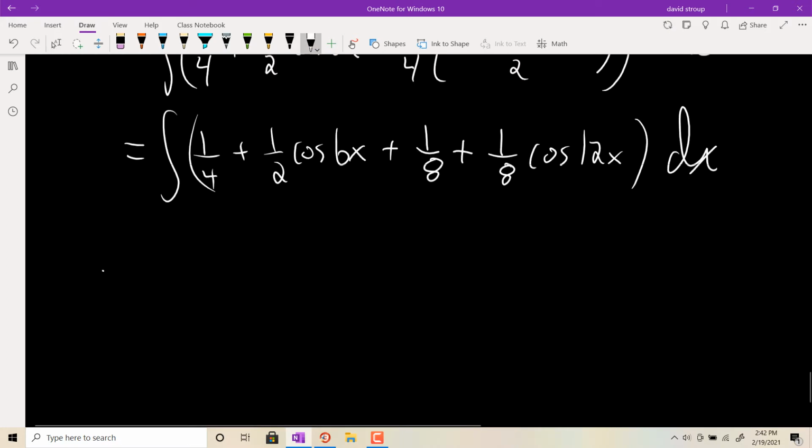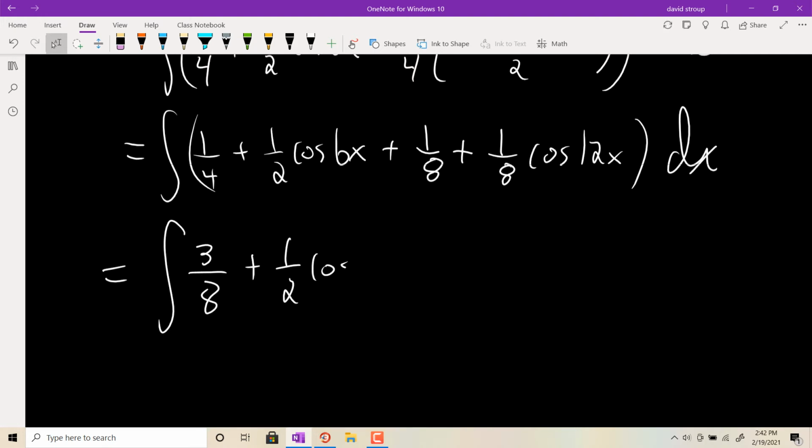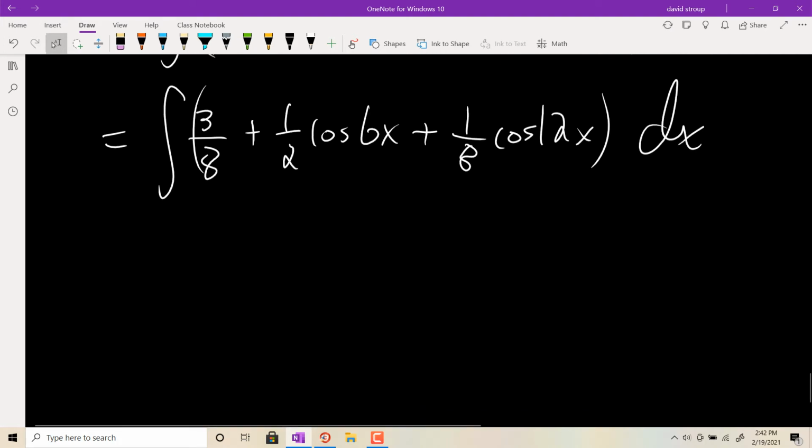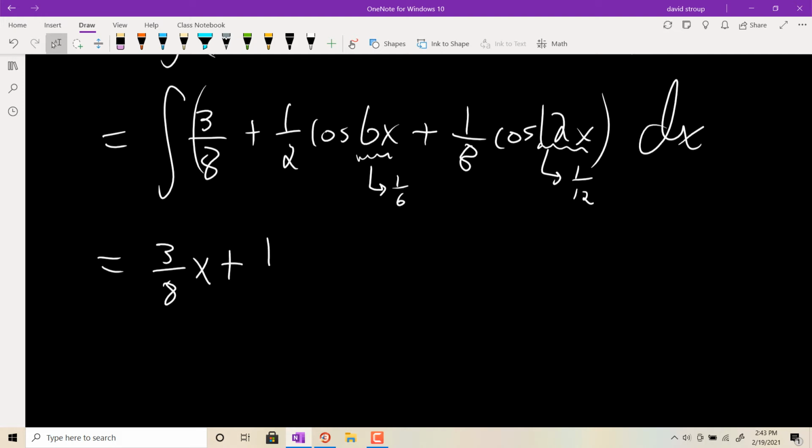Probably want to combine some like terms there, so we'll have 3/8 plus 1/2 cosine of 6x plus 1/8 cosine of 12x, and then antiderivative. I'm going to dispense with the u subs. I just noticed that this thing is going to give me a factor of 1/6 when I do my u sub, and then this thing will give me a factor of 1/12. So you end up with 3/8 x plus 1/12, because it's 1/2 times 1/6, sine of 6x,